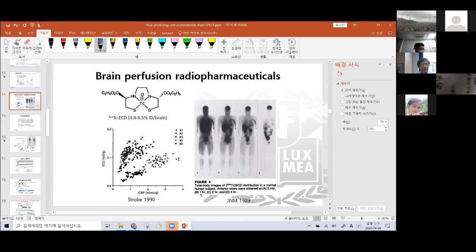And because MIBI is trusted to be taken up by the myocardium with the same 60% single pass extraction, and with the increased blood flow of 3 to 5 times in young, and 2.5 times in the old aged,